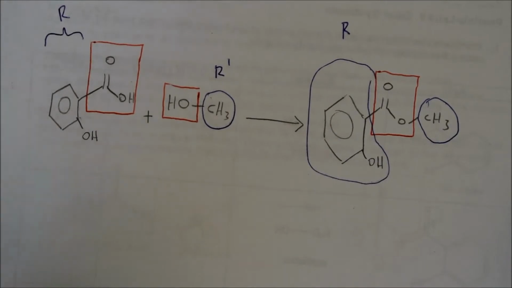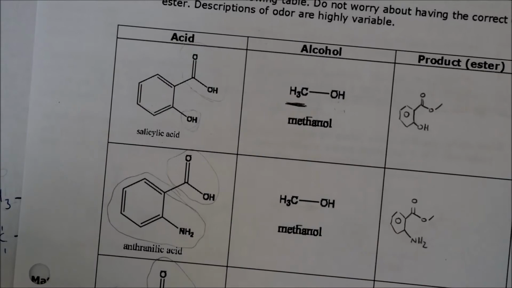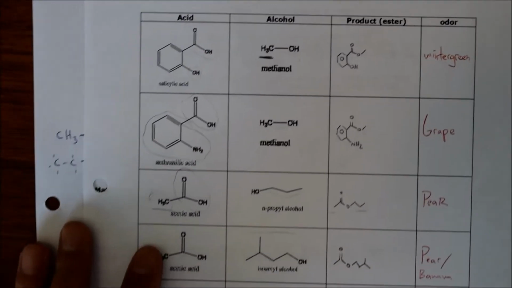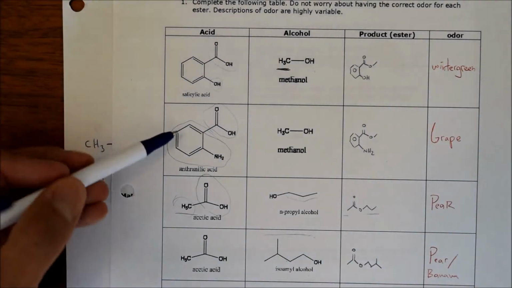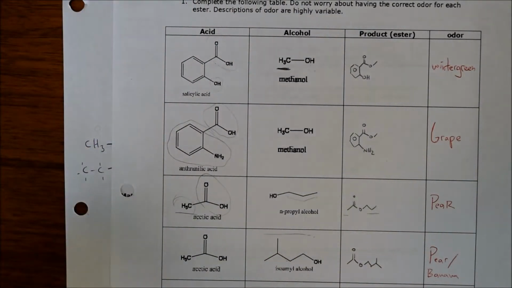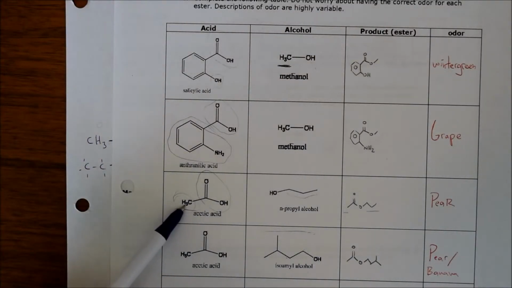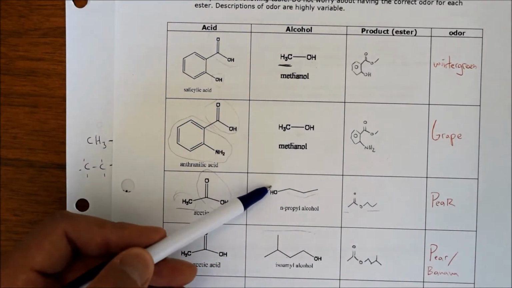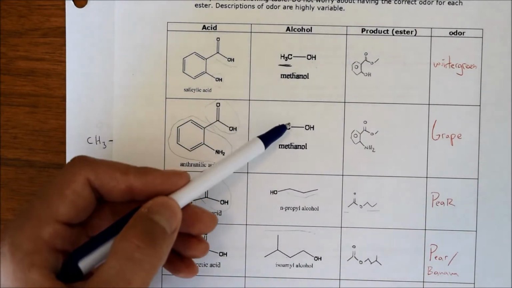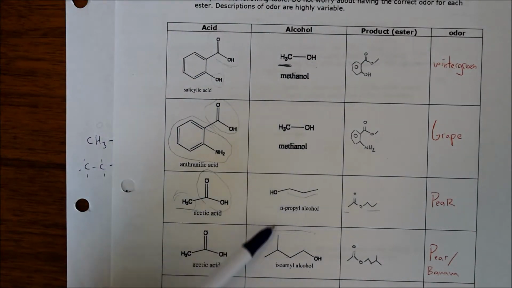And so for this lab, you're actually going to be doing a variety of these reactions. Where you'll be taking different carboxylic acids with different chemical formulas. Here we have the most simple, acetic acid, a carboxylic acid, and a methyl group. And then you'll be mixing some more complicated stuff with different alcohols. So they always have the OH, but the exact nature of this R group can vary. So here we have just a methyl group, this would be methanol, or we have some more varied stuff that